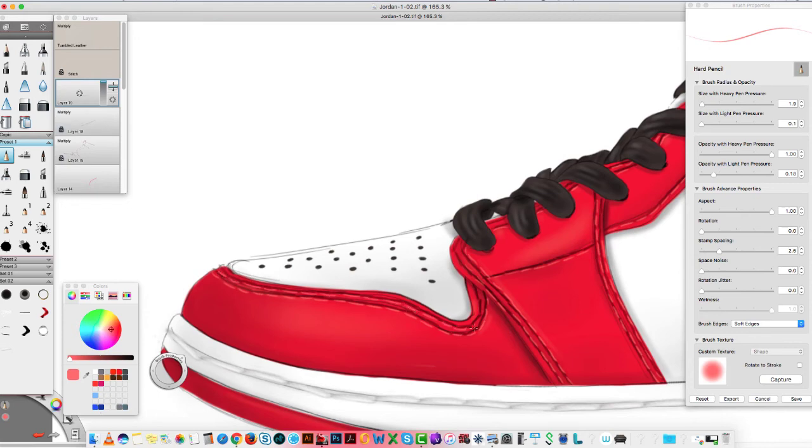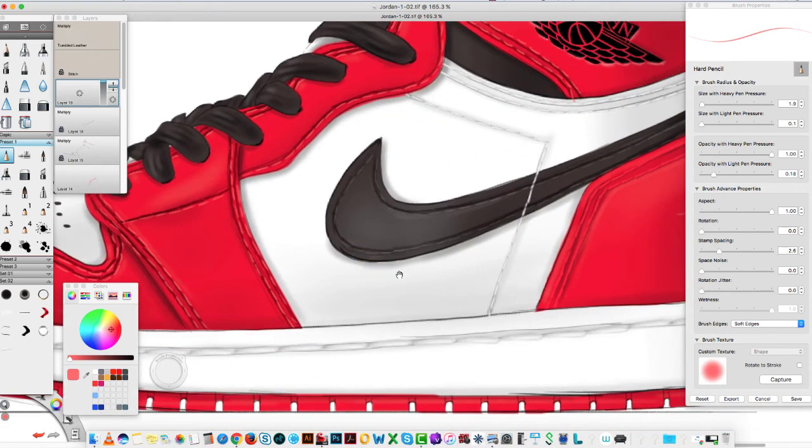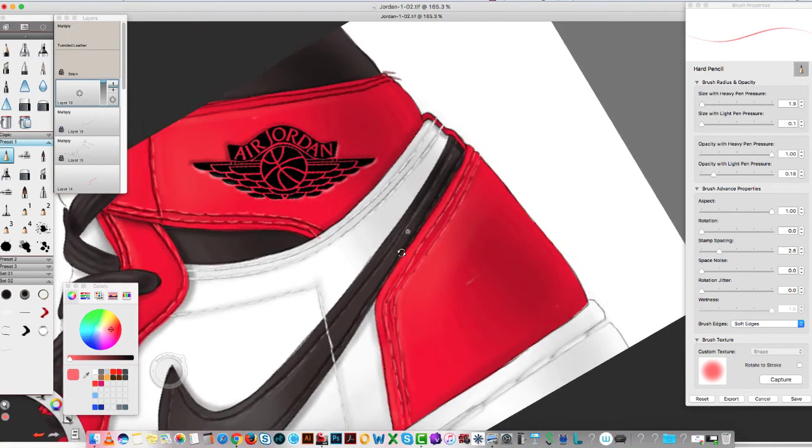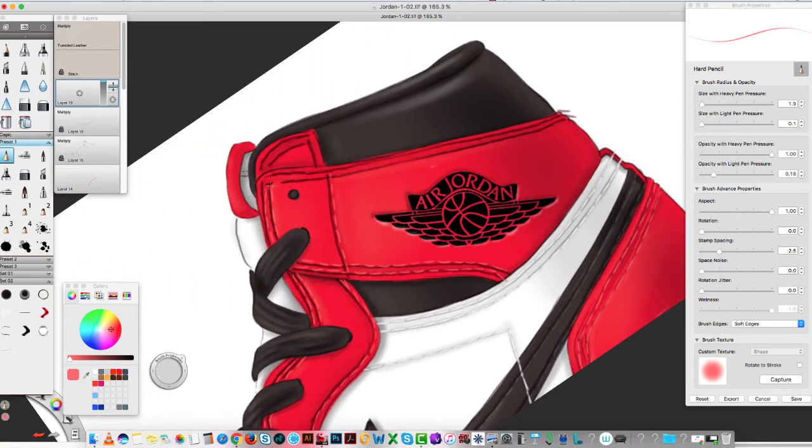Alright, once I'm done this, I'm going to show you guys one last, or a couple other things before we wrap this up. And one of them is how to add a tumbled leather texture to the white area of the leather on this shoe, and that'll really give it a lot more realism. It'll be kind of a subtle effect, but